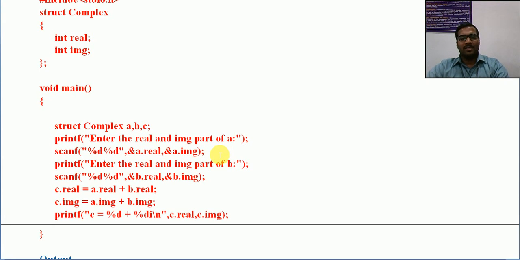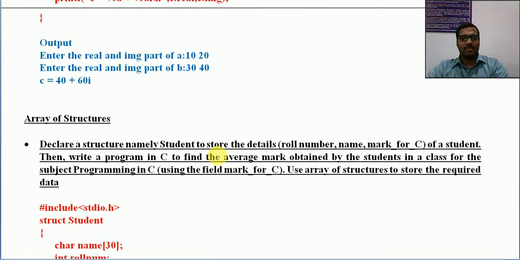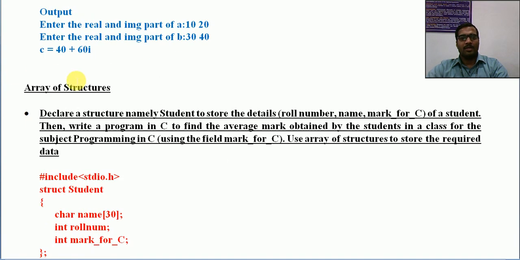It is like when we use arrays. If you have 1 or 2 or 3 members, we don't need to use an array. But if you have 5 or 10 or 20 or 30, we can use an array. Similarly, if you have many structure variables of the same structure type, we can use an array of structures. The concept is very simple. We'll discuss it based on a program, so just look at the program.